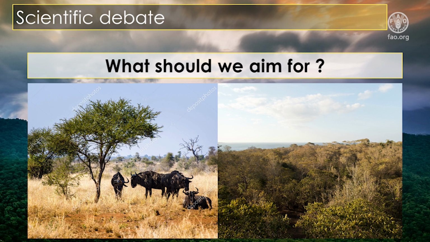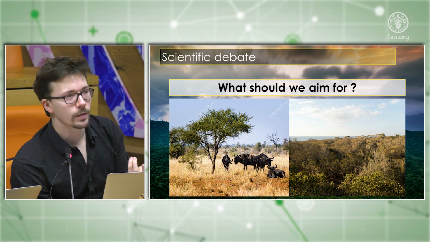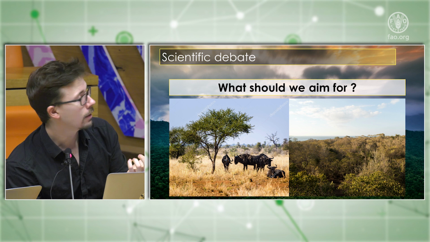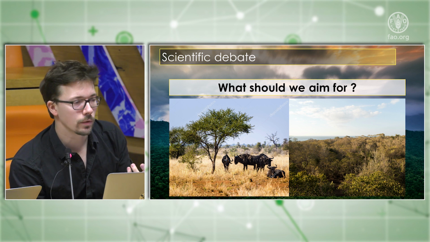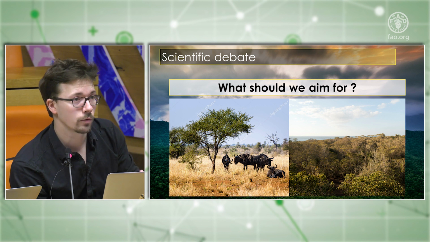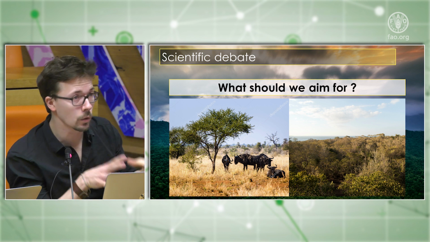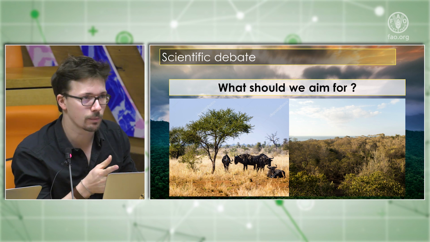But in discussing with savanna ecologists, I think there is one point that we do not address in that paper and that I would like to address in the future: in some regions, if you want to conserve a given ecosystem and make it viable for several species, you sometimes actually need to cut trees and set fires in savannas in order to maintain that ecosystem. Otherwise, you might lose a very specific ecosystem, which is very good for several species.